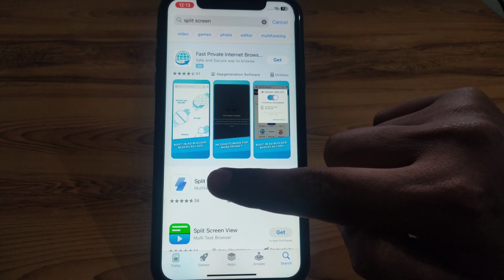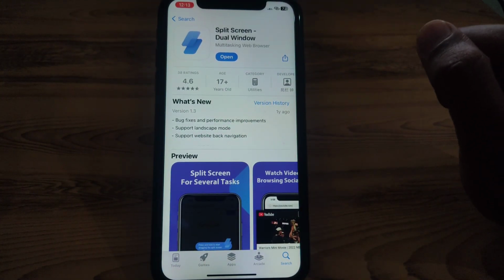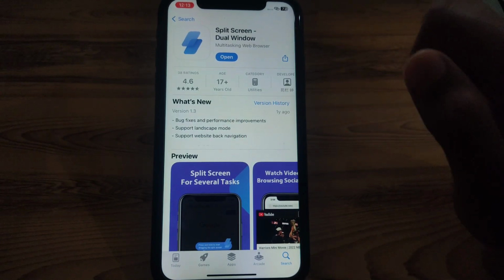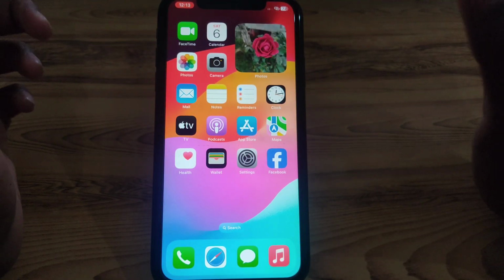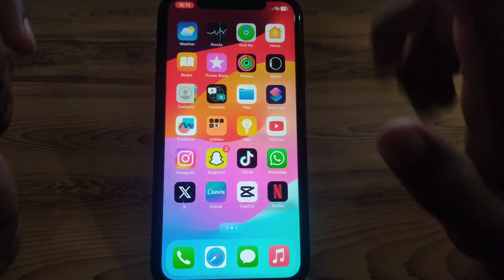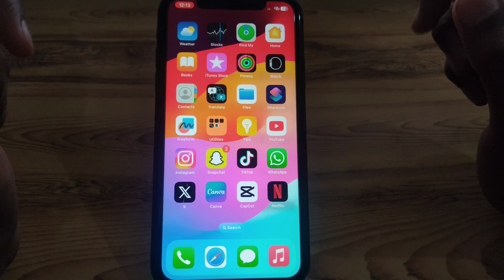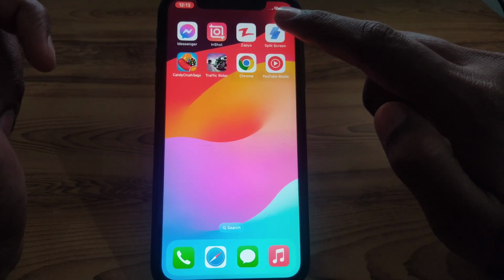As you can see here, you can find this kind of app, split screen dual window, and here you have to make sure that you install that app, and after installing you can simply open the app, and for this you have to simply watch a simple ad, and after that you will be able to use that multi window app. But you have to make sure that you use it properly, because after using the split screen